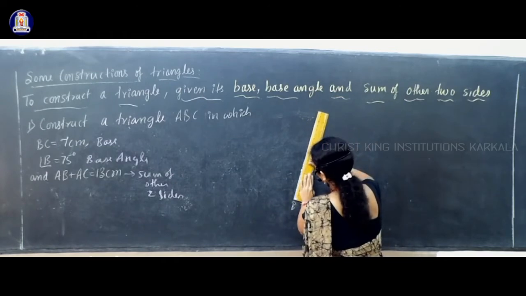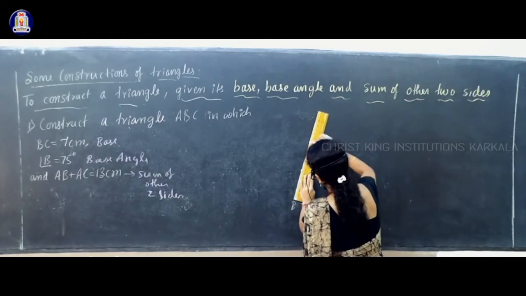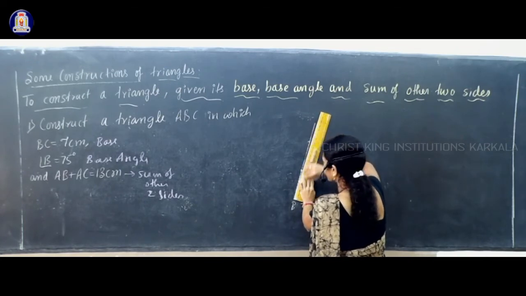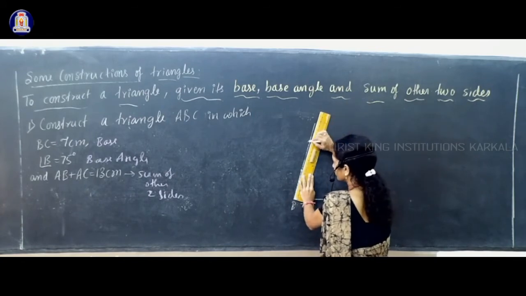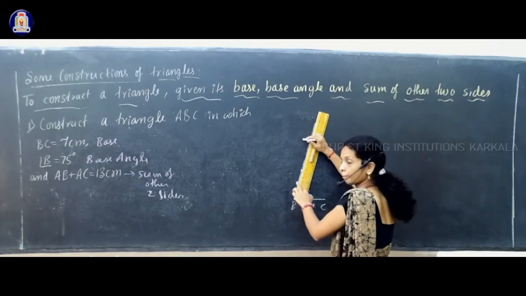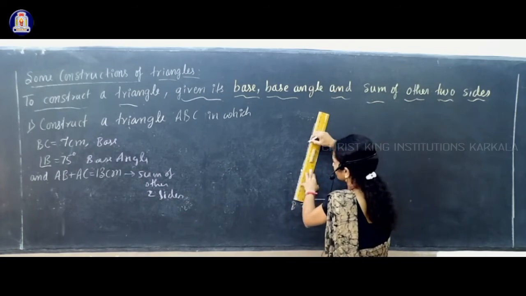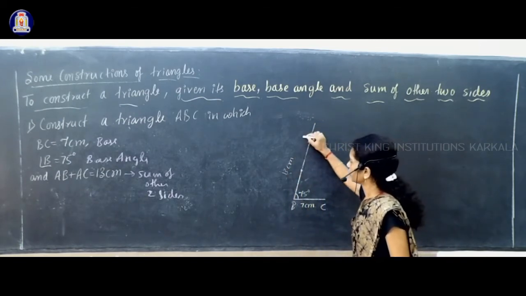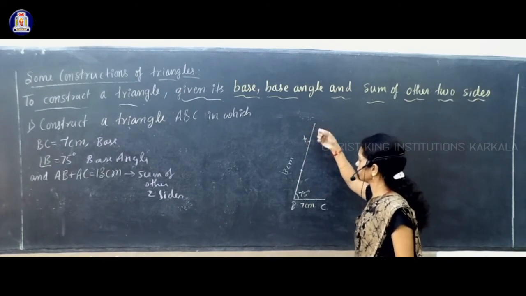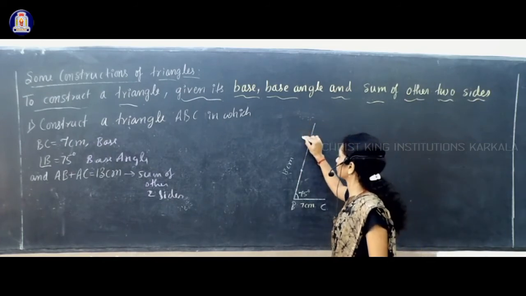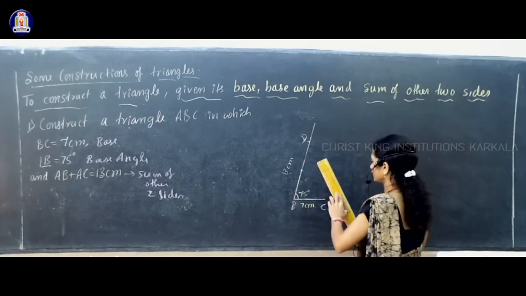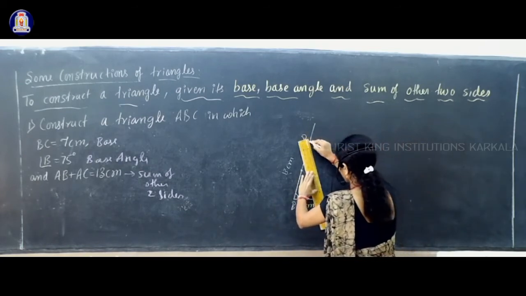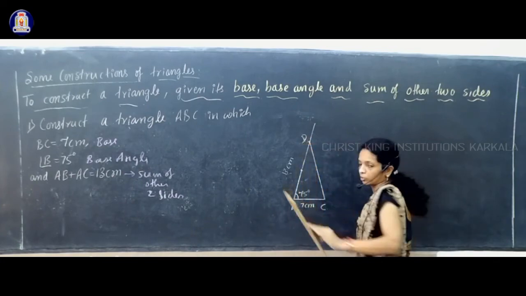So you have to mark one point on this line at 13 cm distance. On the extended line, you have to mark a point at 13 cm distance by keeping the zero of your scale at B, and on this extended line we marked one point at 13 cm distance. I'll take that point as X, or you can take that as D also. I'll take that point as D. Now you join that point D with C.